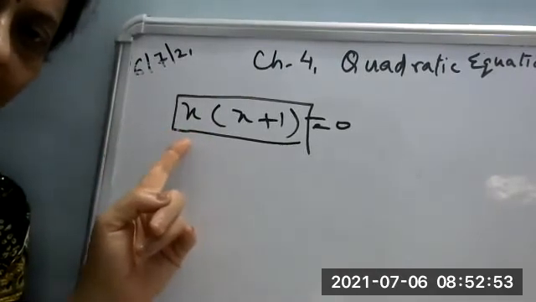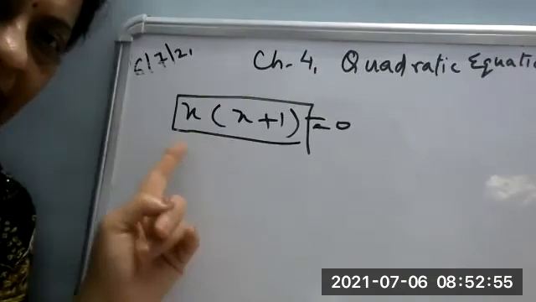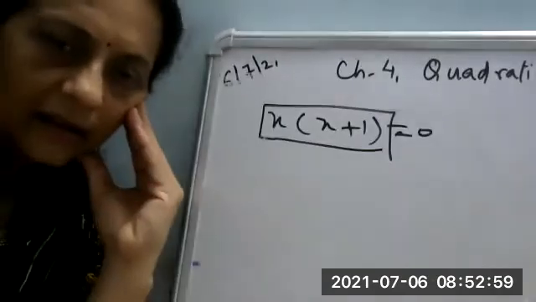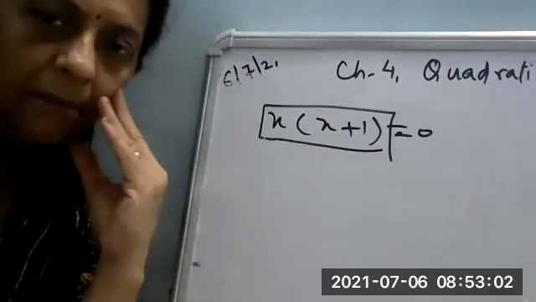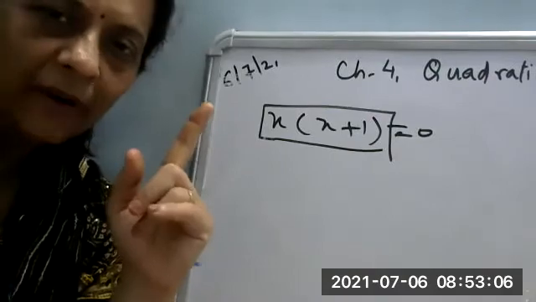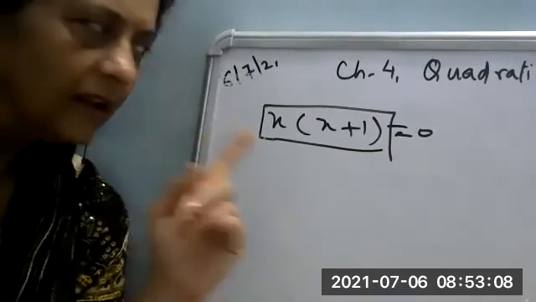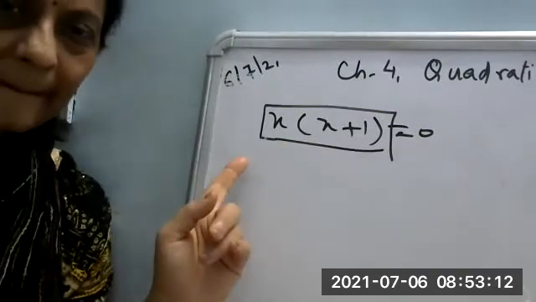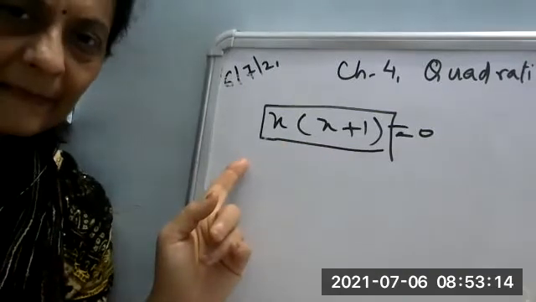Somebody said yes, it is a quadratic equation. Pari, can you justify why it is a quadratic equation? Ma'am, it is not a quadratic equation. Okay, very good. But Pari, you have to see, a quadratic equation has the highest power 2. Now, if you can find the power here, what is the power here, Pari? Ma'am, 1. Okay, all of you just check.